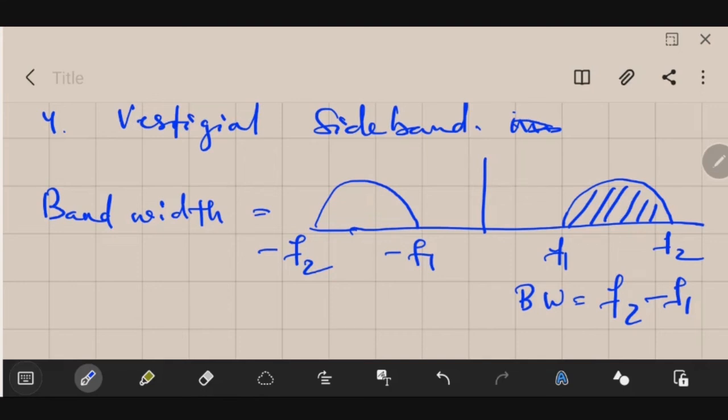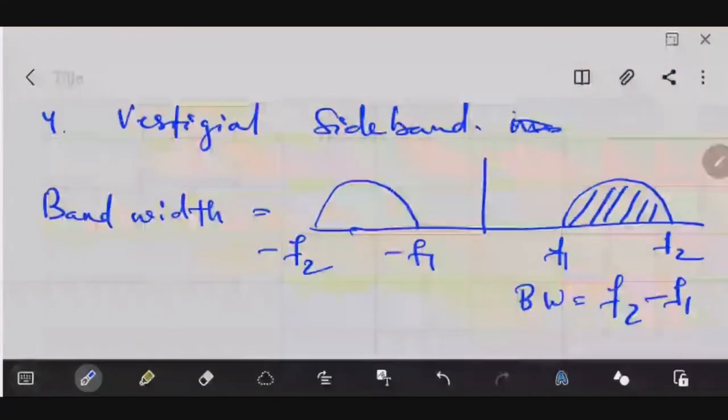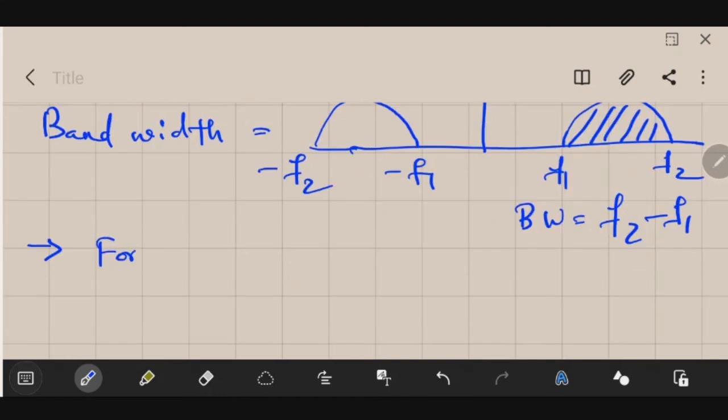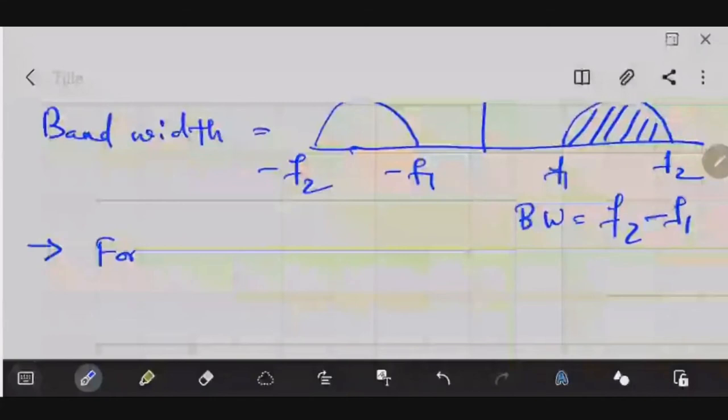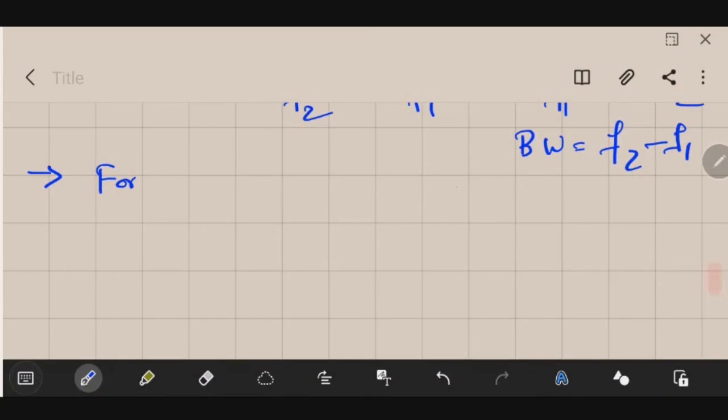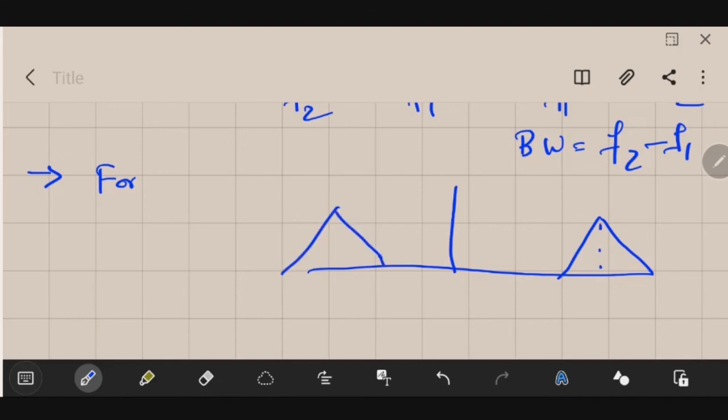So in the case of amplitude modulation, we will also find out the range of frequencies that it occupies. Okay, let me just tell you what will be the frequencies that will be occupied by an amplitude modulated signal. Let me just show you here. We have seen the spectrum to be like this. This was our omega c.